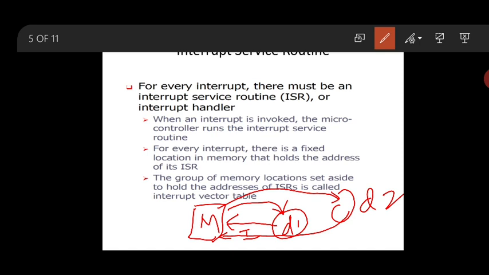Let us assume that device D1 is there. Device D1 is sending a signal, and the microcontroller will come to the location and execute the program. Whenever it comes to the location, the specific location is mentioned. It will come to the location, the vectored address, and execute the program. This is the location we have mentioned. It is fixed. You need not worry about this. You just provide a program. It will locate the address and it will give the service. That is the job of a microcontroller.